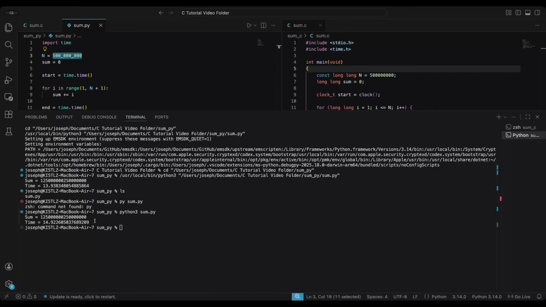There you go. It took about 14.9 seconds, just under 15 seconds to get this number. That's quite a long time, but that was a lot of math. It was certainly faster than if I were to do it with paper. Now,